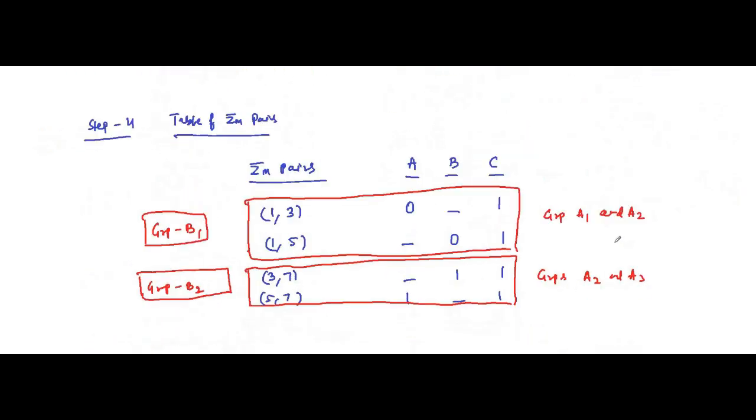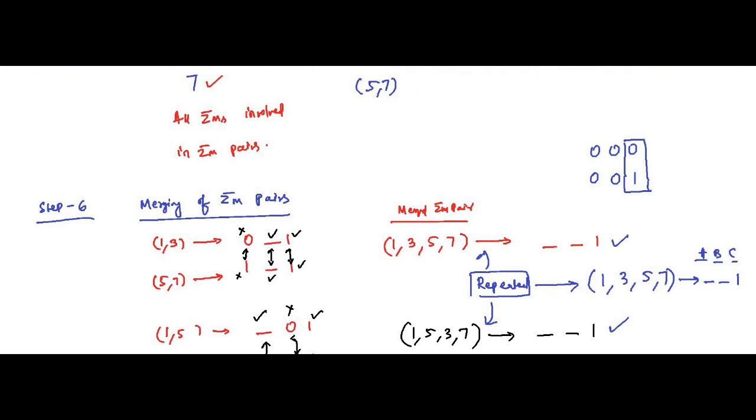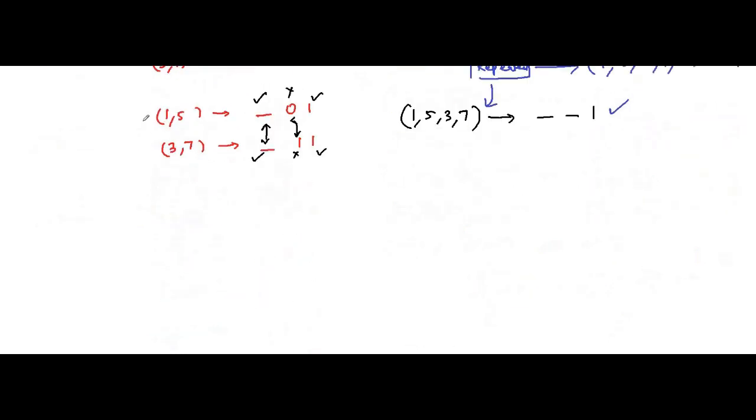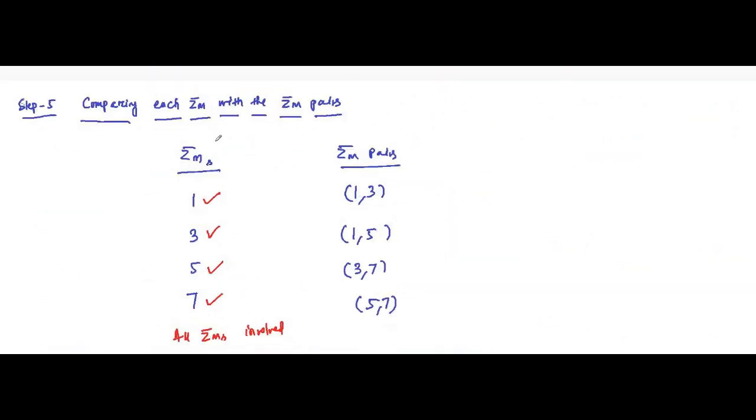Okay, then let us remove it from here. We have formed the merging of Minterm pairs. Now step 7, we have to compare the Minterm pairs with the merged Minterm pairs. Just like we compared the minterms with Minterm pairs, just like we did it here,